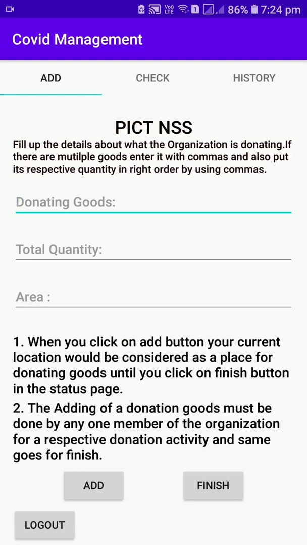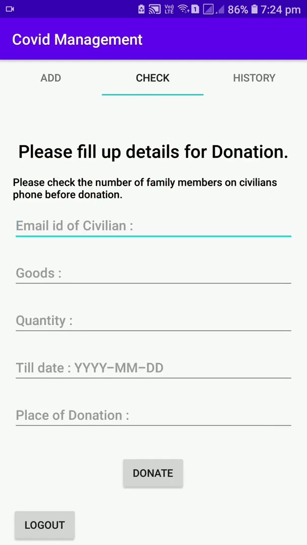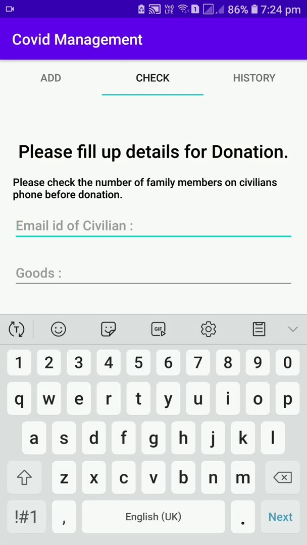Okay, so in the activity check, basically it's check and donate. Its fragment name is check, and from here it will also check whether you have taken any donation earlier.